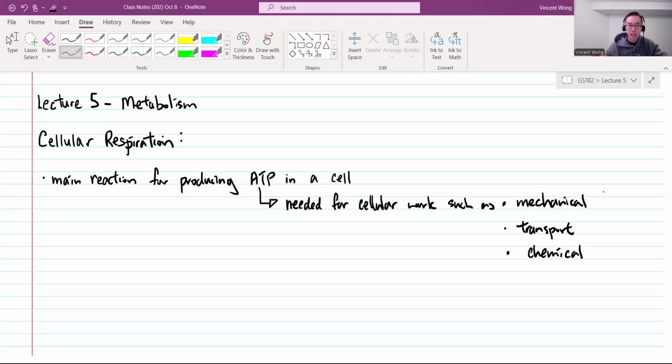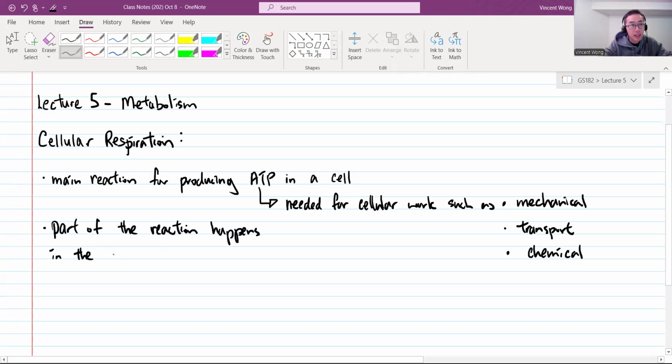Basically, without ATP, we won't have energy for the cells to work, and we would die as a result of that. So we need to continuously make ATP, even when you're sleeping. This is a non-stop process. Part of the reaction happens in the cytoplasm, and part of it happens in the